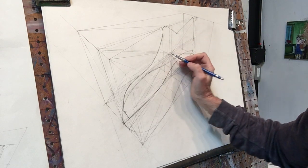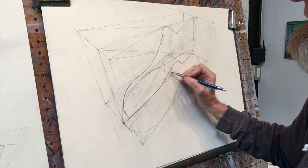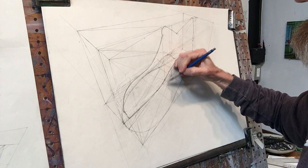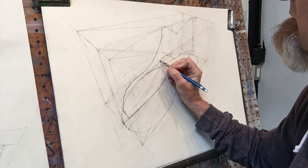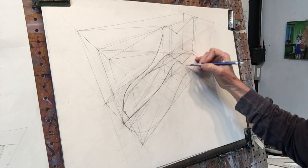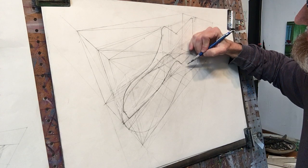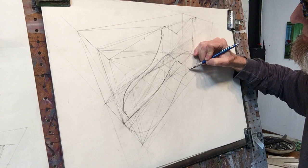I don't know what I did here. It can't be that high. Not even. This thing's coming down this way. I'm going to look at this business. I've got a little thing right here. I'm not sure how important that is back there. But this has got to come down. This is right. It comes up, goes this way a little bit, just like that. Then it comes up to the high point,